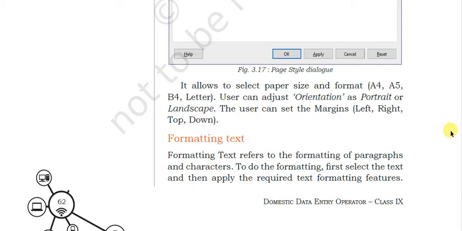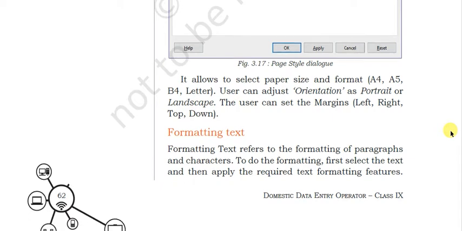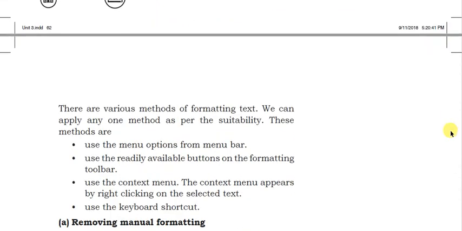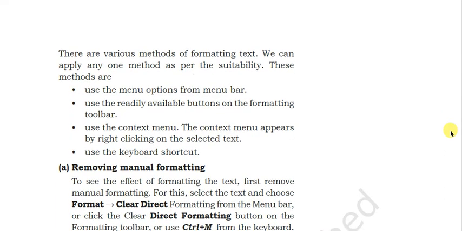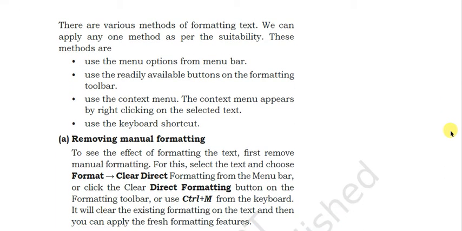Select the portion, then apply the formatting feature. Okay, so you can select any of the methods. Either you can use the menu option from the menu bar. Okay, you can select the formatting toolbar. You can have the right click context menu, or you can use keyboard shortcut.